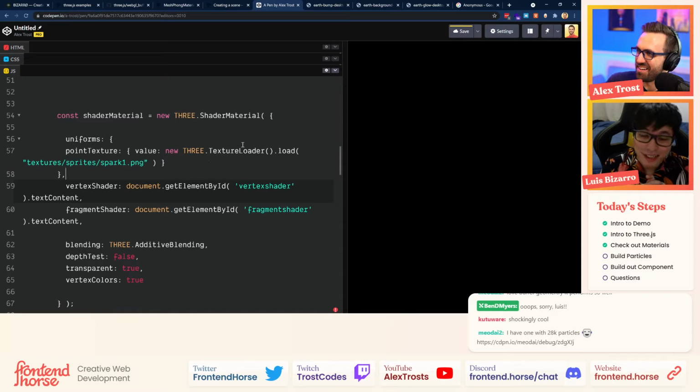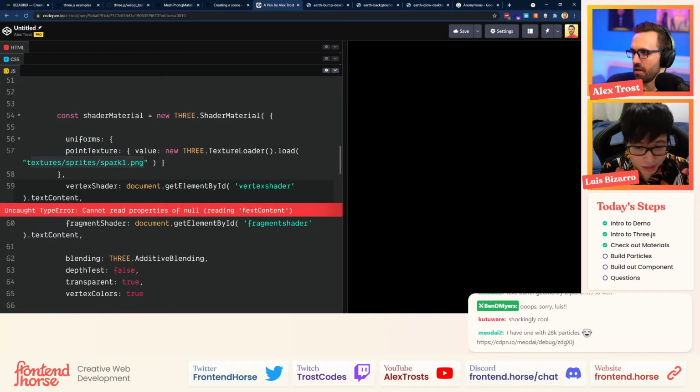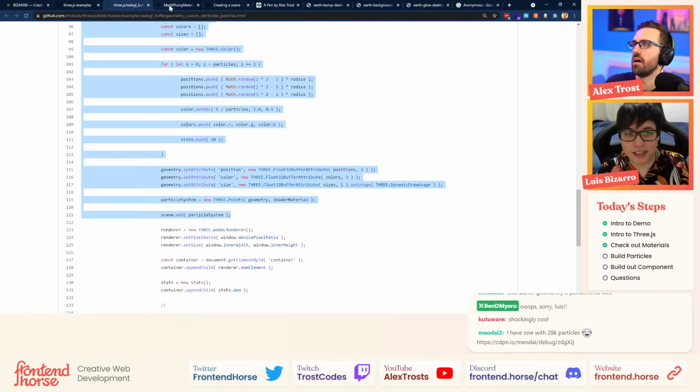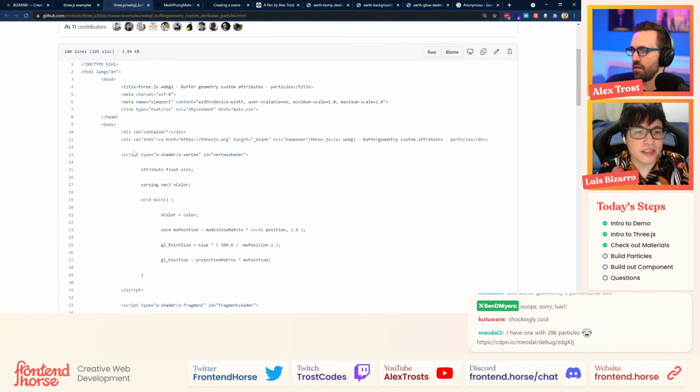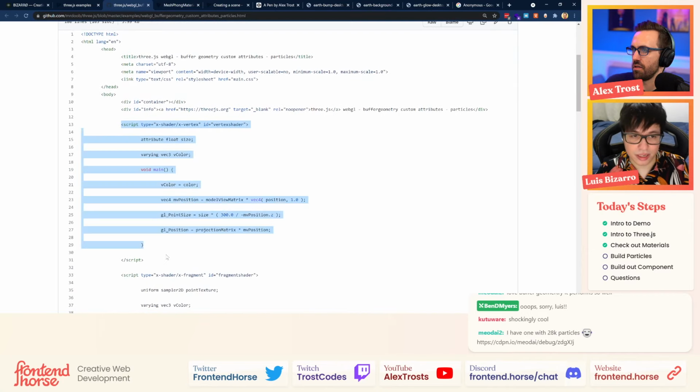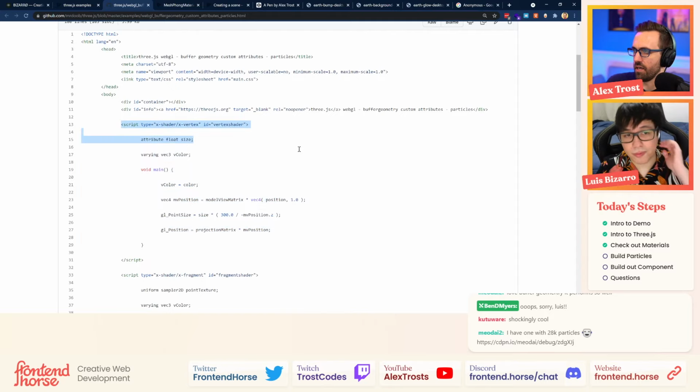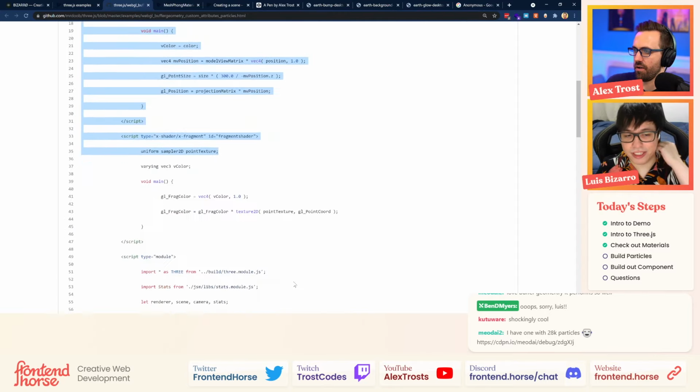Yeah, that's true. That's weird that we are having some issues. I think it's probably because of the loader, but no, reading text content by ID. Yeah, we need to copy the vertex shader. We don't have anything there. We need to copy also the vertex declarations. Usually, you can also create strings for that, but in the Three.js demos, they usually create that in the script tags. Got it. So am I grabbing the vertex and the fragment shader? Yeah, the vertex and the fragment shader. Cool.